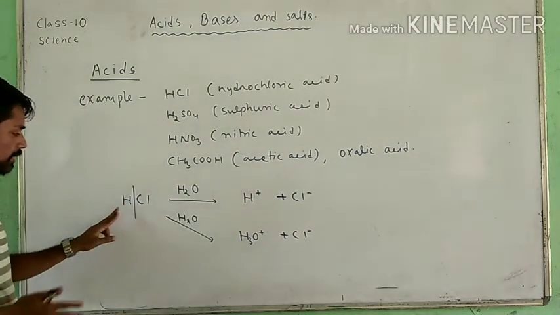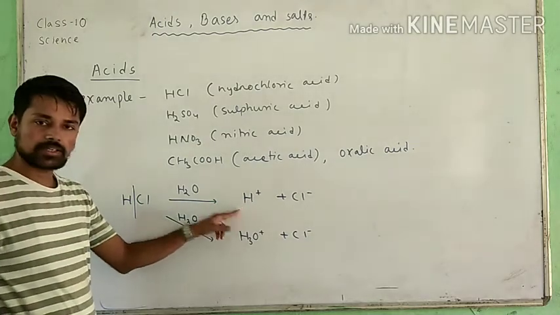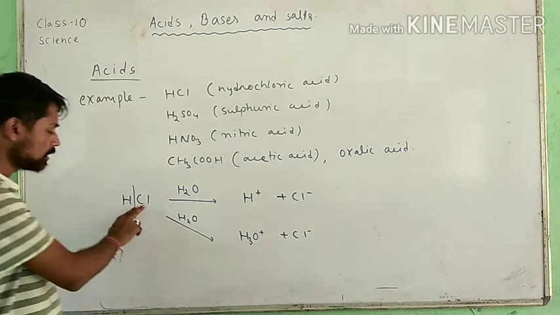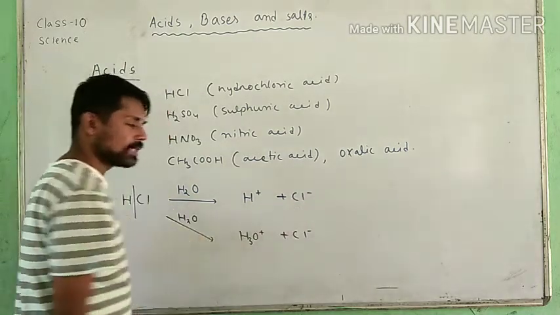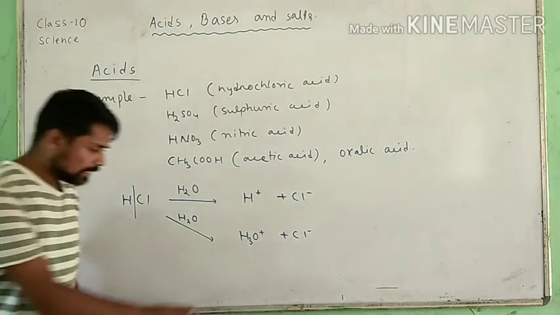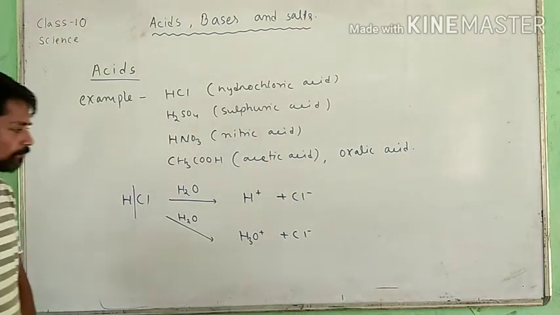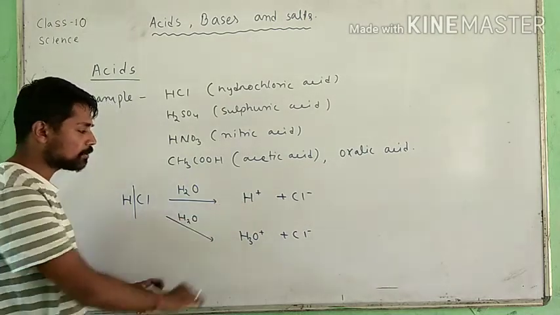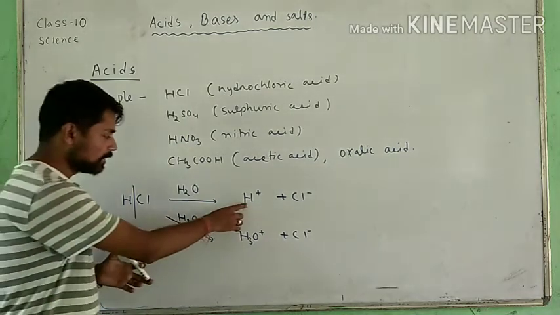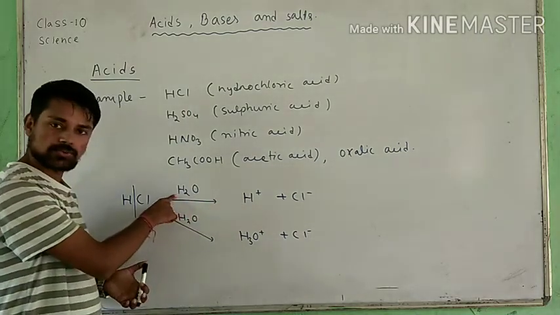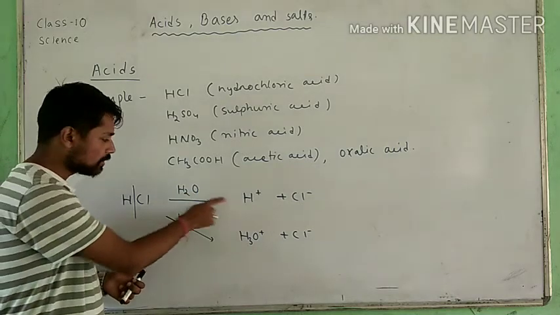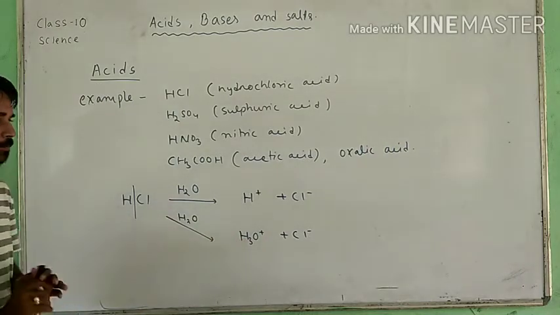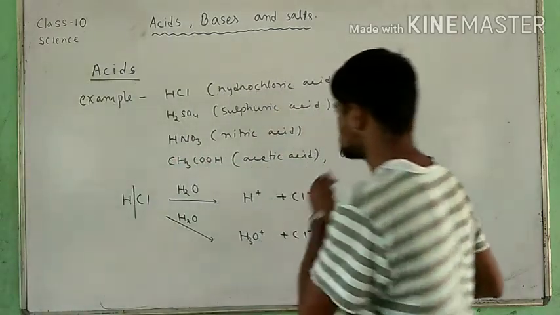So one part is H, so we put a positive sign on hydrogen, since we have written in the definition that it produces H positive ion. The remaining part is Cl, so we put a negative sign on the Cl. Now see how it produces H3O positive ion. This H positive is mixed with water. What happens? The number of hydrogen here is 1. If it is added with H2O, then the number of hydrogen becomes 3 and there is O, so H3O positive. Okay.